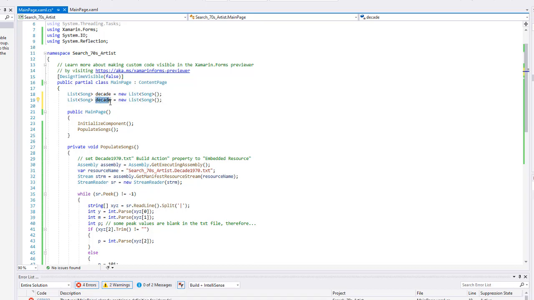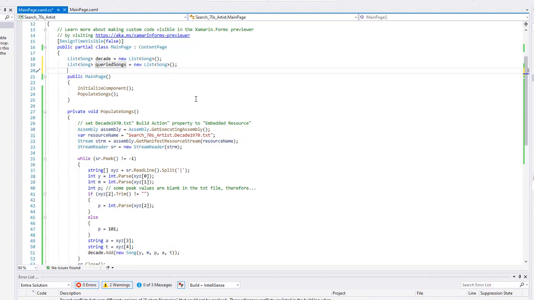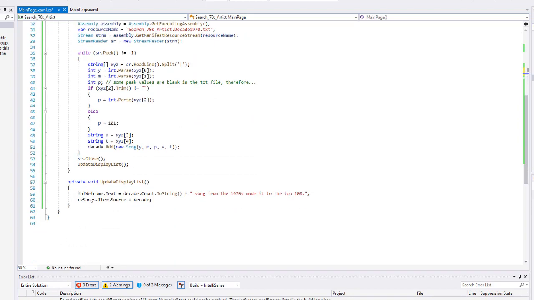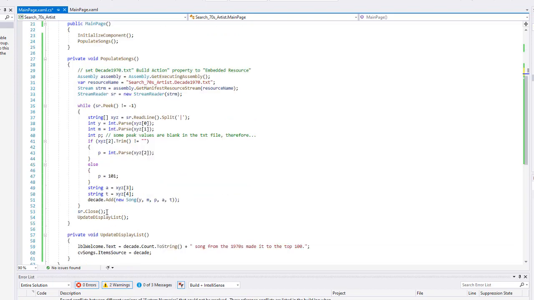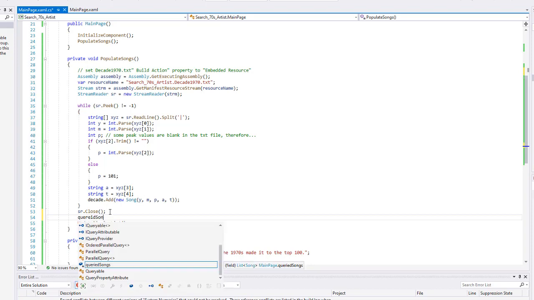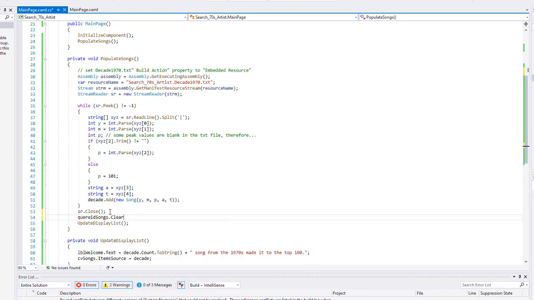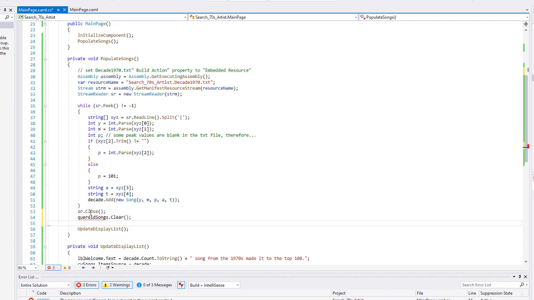And we're going to call it queried songs. I'm going to initially start with all those songs, but I want to use queried songs in finding all the records that have a particular artist's name in them. So there's going to be a subset of decade. Initially, though, for when we read in our populated songs, we're going to create queried songs dot clear. We're going to clear any data that's in there, and then we're going to